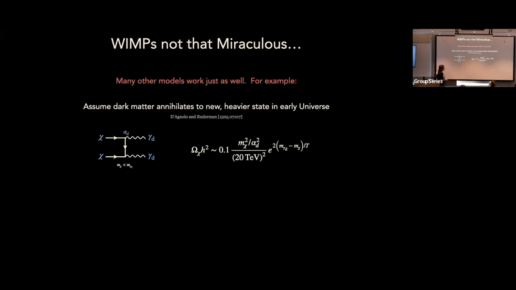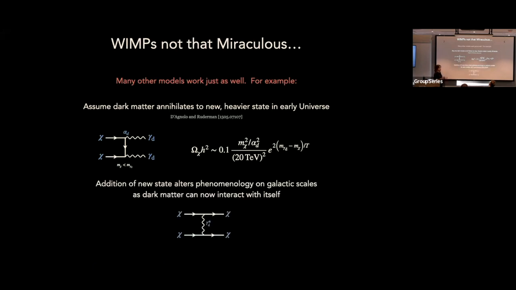And the key change from what we had on the previous slide comes from this exponential factor that shows up. So now what I can do is, for example, keep this interaction strength fixed at a weak scale interaction, reduce the dark matter mass. That gets compensated by this additional exponential factor, and I can still end up recovering the correct relic abundance today. So a small switch in the set of assumptions about how the dark matter is interacting in the early universe, and I'm still able to get the correct relic abundance.